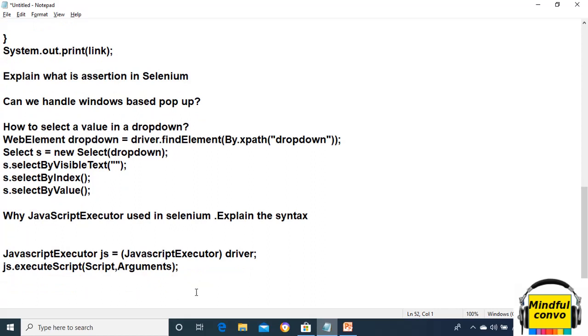So if we want to click any element using the JavaScript executor, then what should be done? What should be the syntax? The syntax is WebElement, let's say element, equals driver.findElement(By.id or xpath).